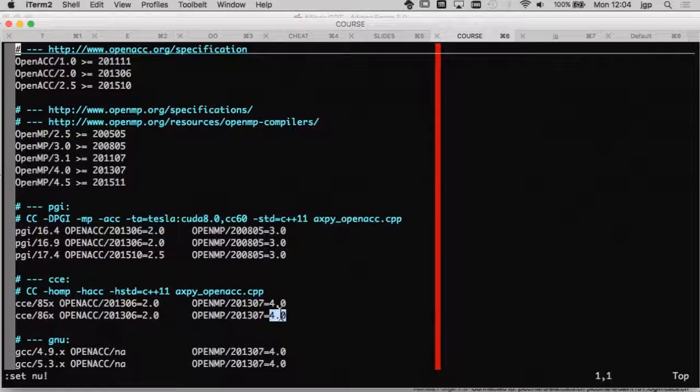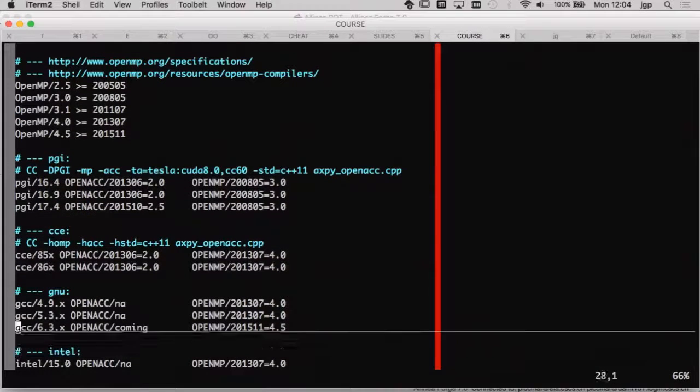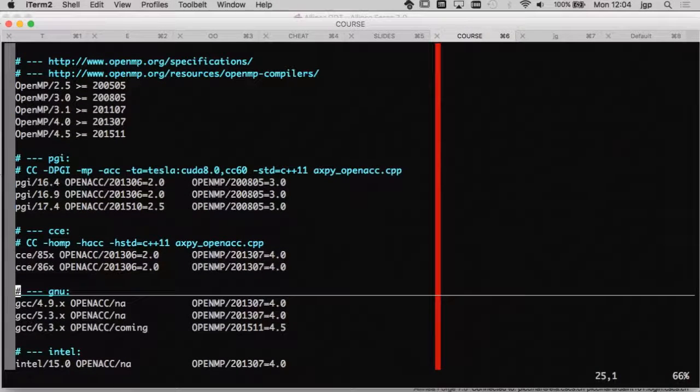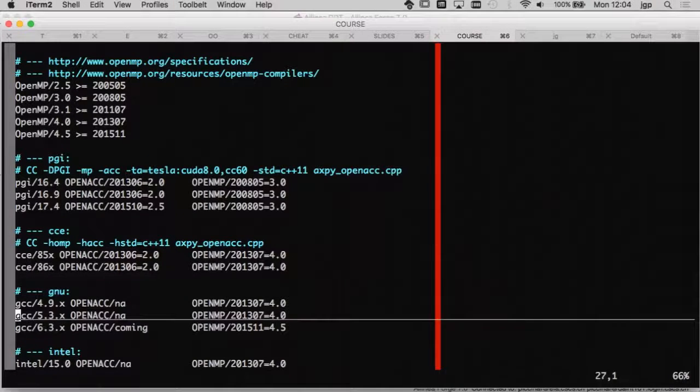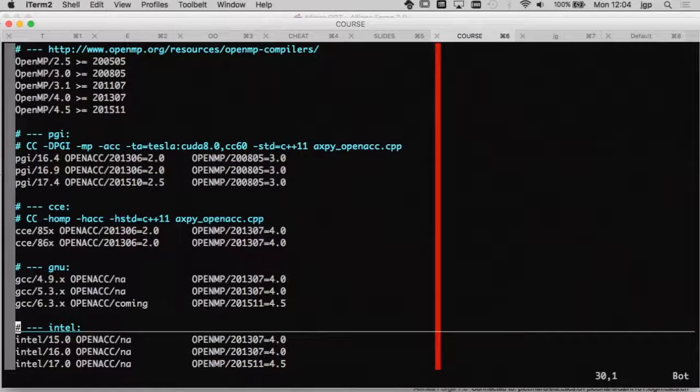So you see that different compilers have different priorities. And then GNU, well, they support OpenMP, but it's not officially released yet, right? And of course, Intel, because of their many core architecture, they don't support the GPUs. But they support OpenMP. I'm not sure about OpenACC on the KNL. No. So it's only OpenMP with Intel.